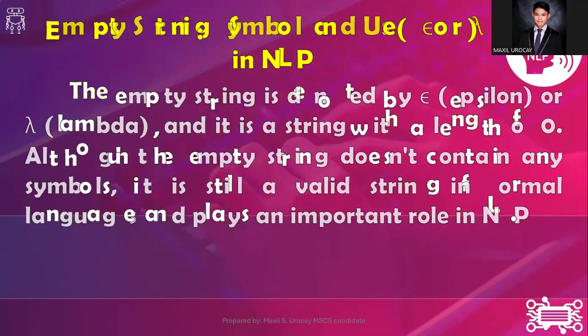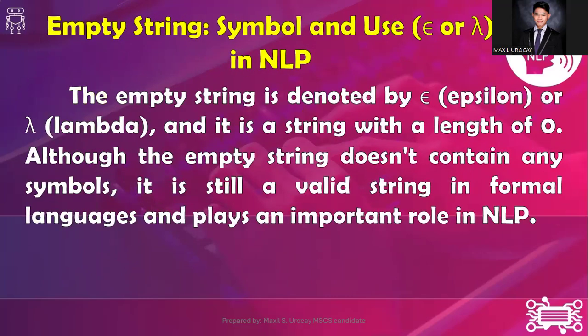We also have here the empty string symbol, using epsilon or lambda, and it is a string with a length of 0. Although the empty string doesn't contain any symbols, it is still a valid string in formal languages and plays an important role in NLP. So in our automata class, I know that we're able to